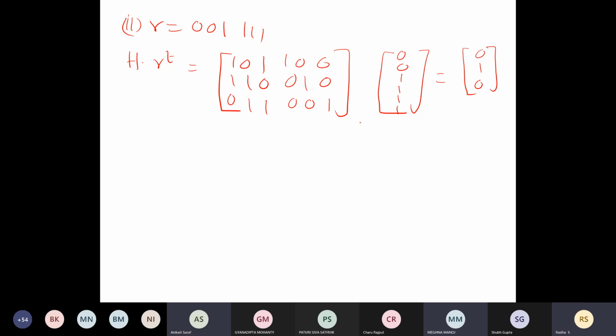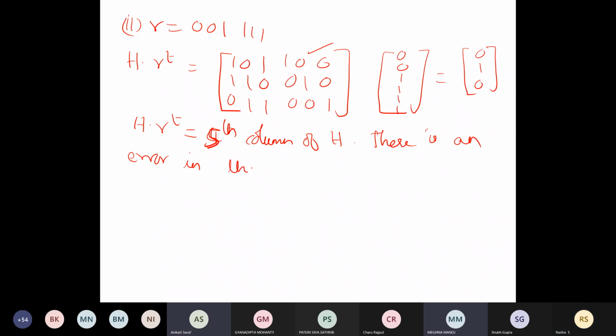That means there is some error. Check whether 010 occurs as one of the columns of H. Yes, of course. Which column? Fifth column of H. So there is an error in the fifth position.